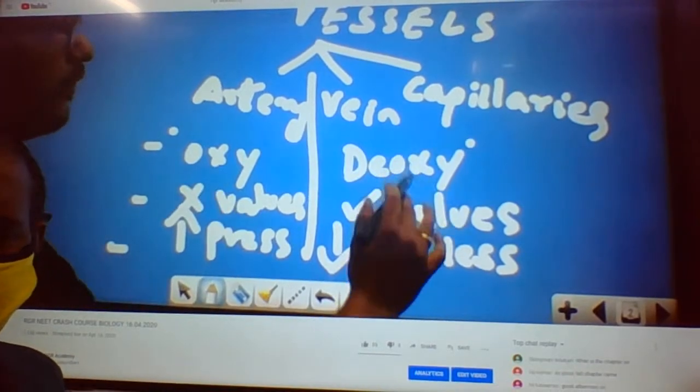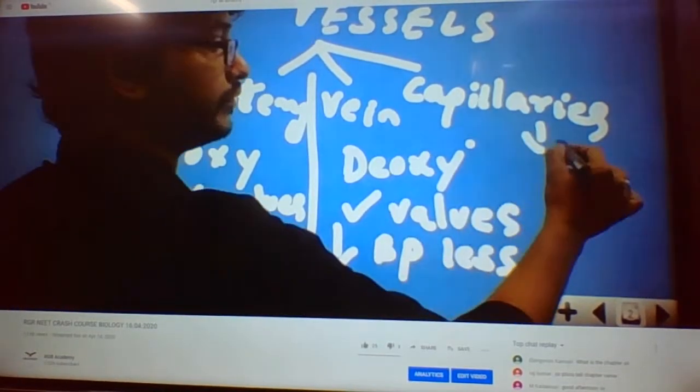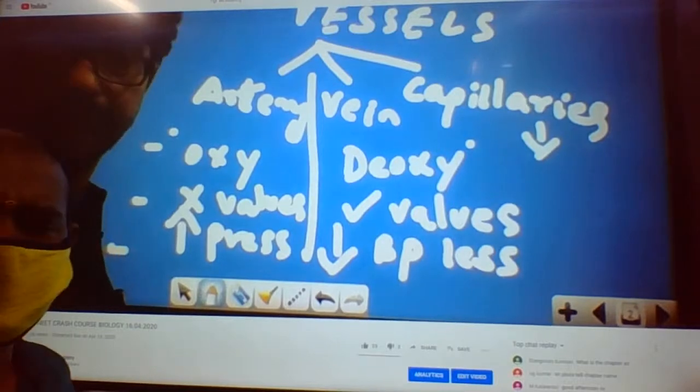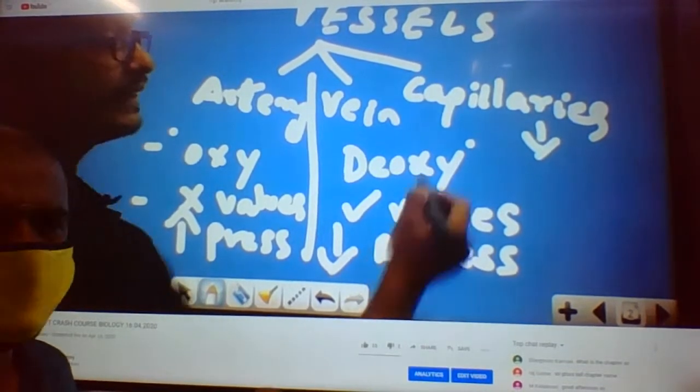So these are the main differences. And when we come to the capillaries, what is the main function of a capillary? So capillaries, which is actually like